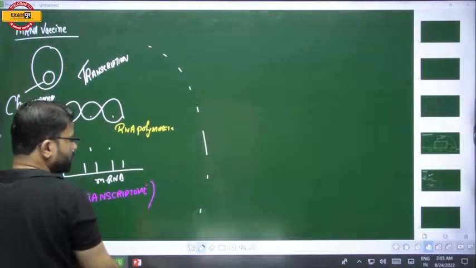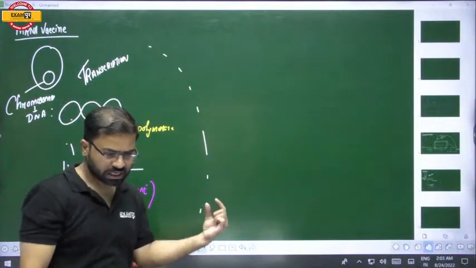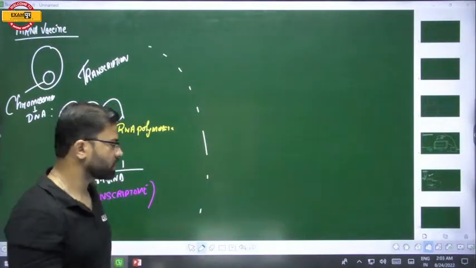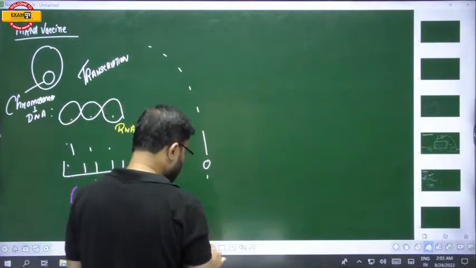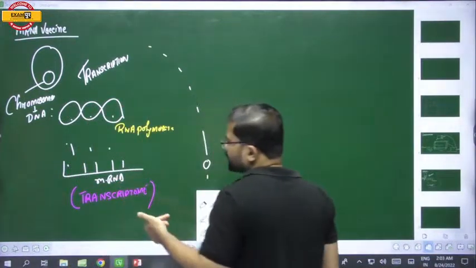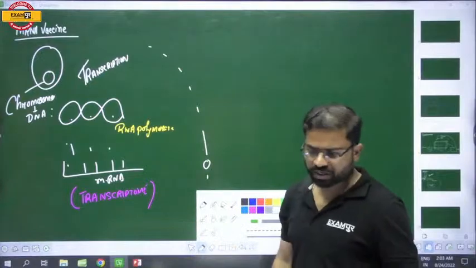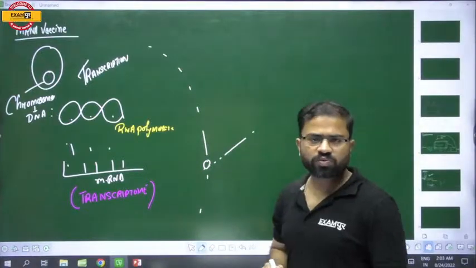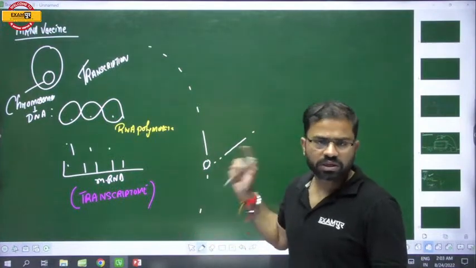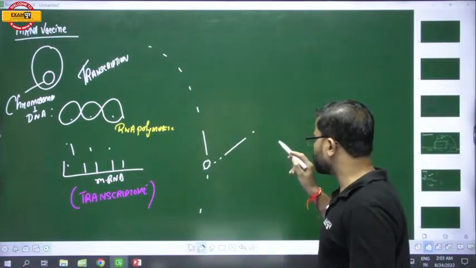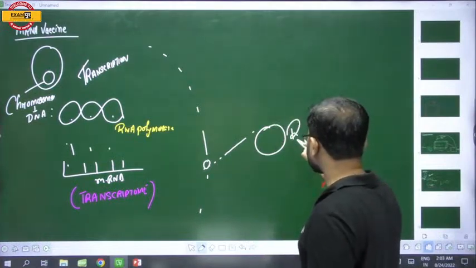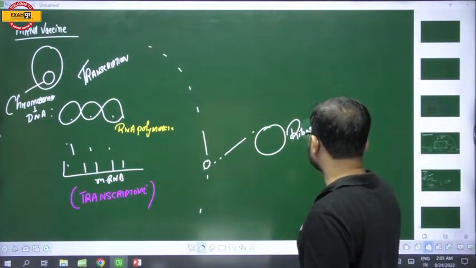Now what happened? Whatever we have discussed, all of this is happening inside the nucleus. If you analyze the nucleus, we have nucleopores. Holes are there. Now what will happen? This messenger RNA, in which the genetic information of the DNA has been copied, will move out from the nucleus through these nucleopores. Now where will it go? It will go to the ribosome. ये क्या आपका ribosome? This is called your ribosome. ठीक है ना?